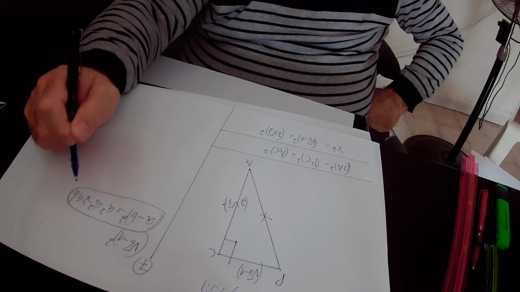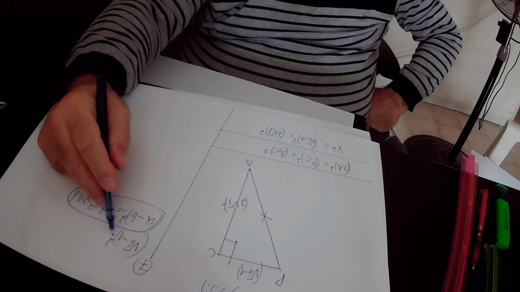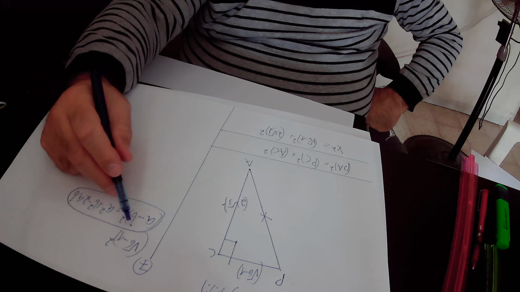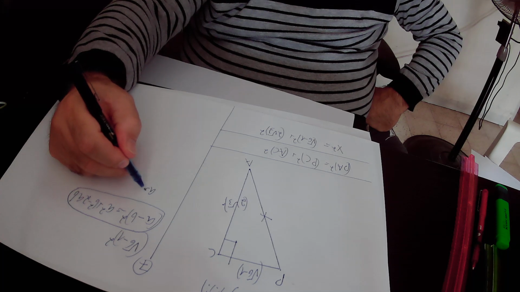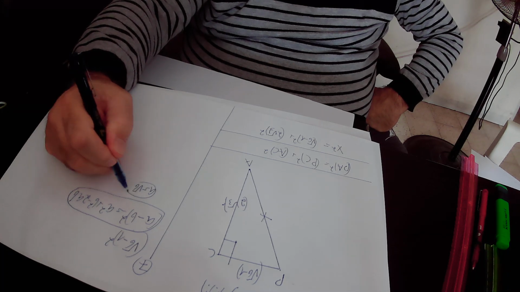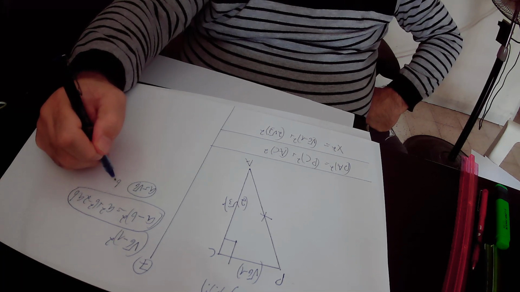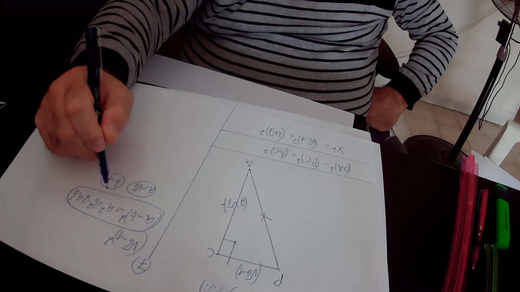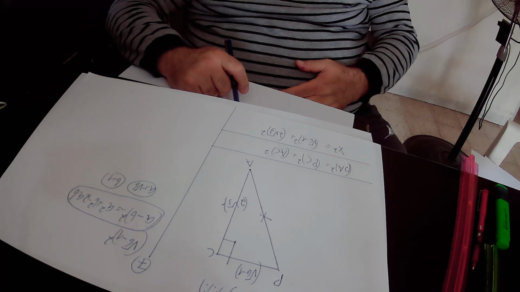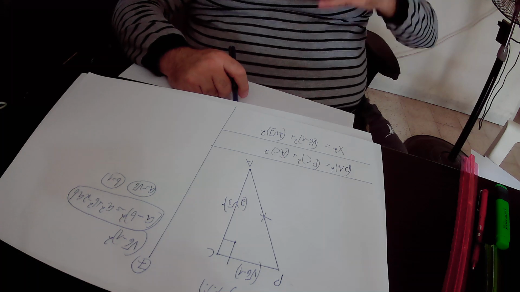In our specific expression, A equals the square root of 6 and B equals 1. And therefore, according to this algebraic identity, A minus B squared equals A square plus B square minus 2AB,